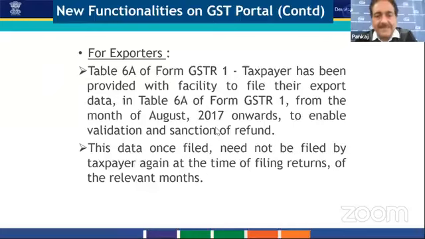If you have filed GSTR1 for the month of July, you can use the functionality available on your return dashboard as table 6A of form GSTR1, and you can use it for filing the details of your export goods on which you have paid tax for the month of August 2017 and onwards.